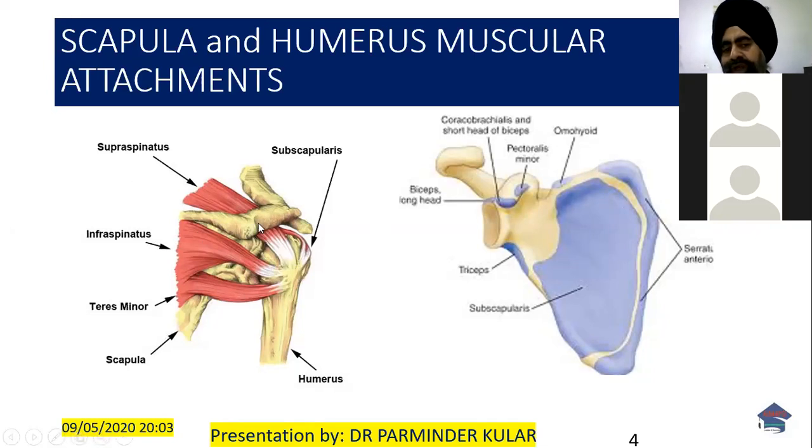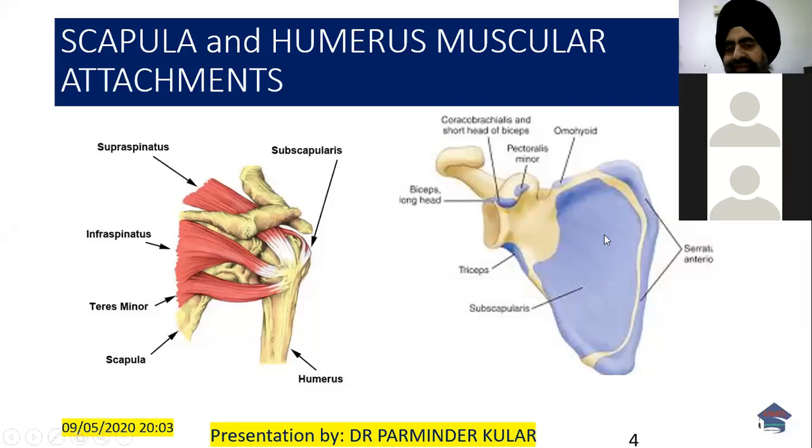So if you watch this diagram, you will see the supraspinatus crossing underneath this acromion process. So here are the impingement problems which usually occur, and it is also in relation to the joint between the acromion and the clavicle, the acromioclavicular joint. Any osteophytes over there can tear the rotator cuff, and in fact the supraspinatus is the commonest muscle which is prone to tear in the shoulder joint.